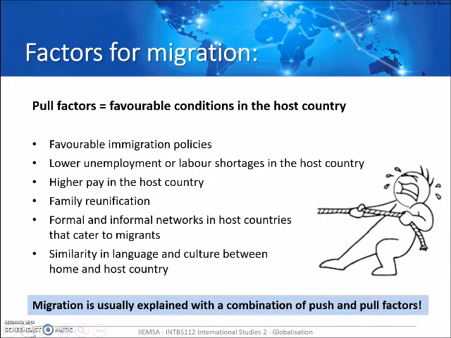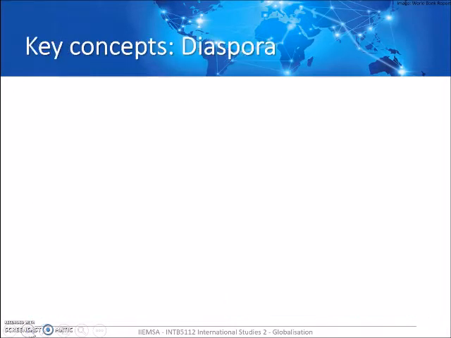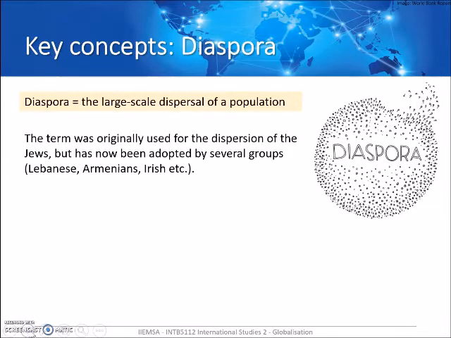So any sort of migration situation should always be looked at in a combination of push and pull factors. Now, we said we're going to look at a few key concepts that relate to migration in one way or another. One such key concept is the concept of diaspora. And diaspora is sort of the idea of a population being dispersed around the world, but still keeping a strong